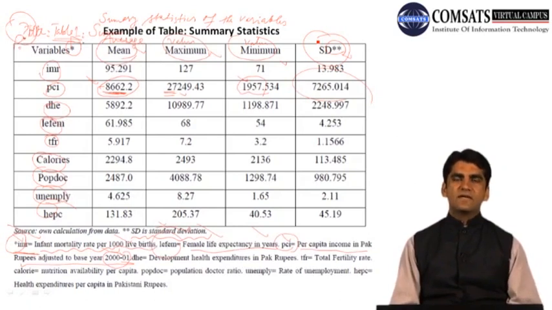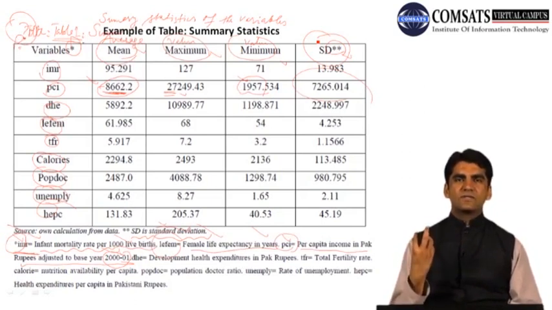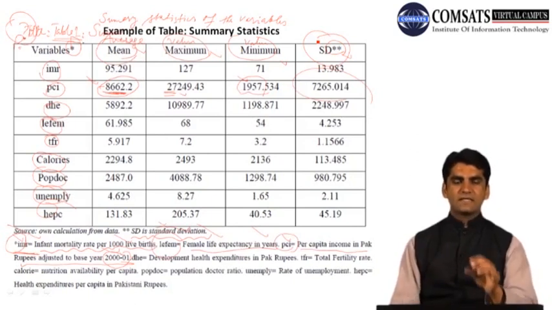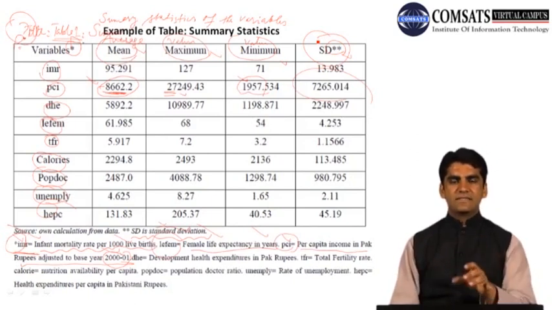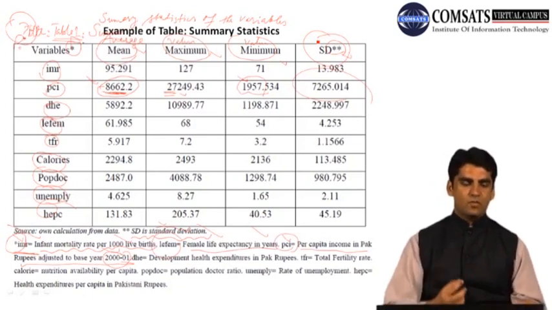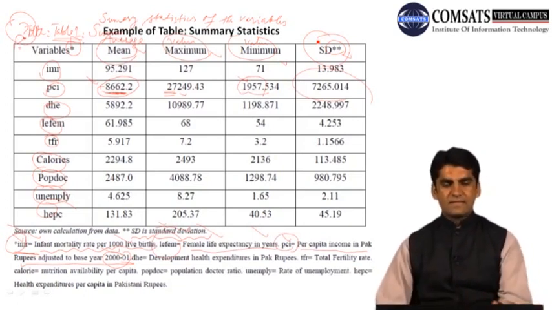Secondly, you have to understand where this table fits in your write-up, and what kind of title relates to your objective. The objective of making this particular table in research is just to provide summary statistics. So one must know what is the maximum